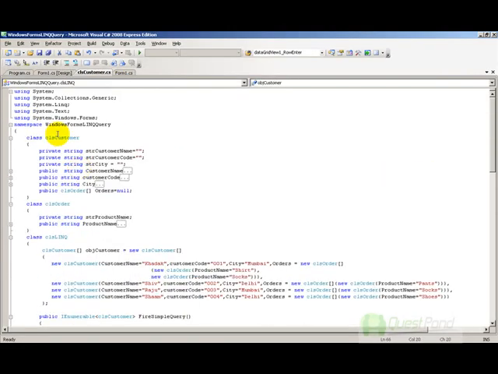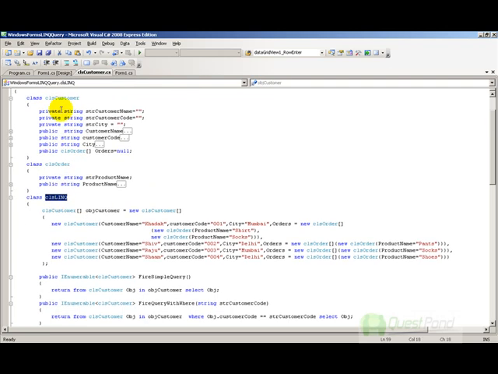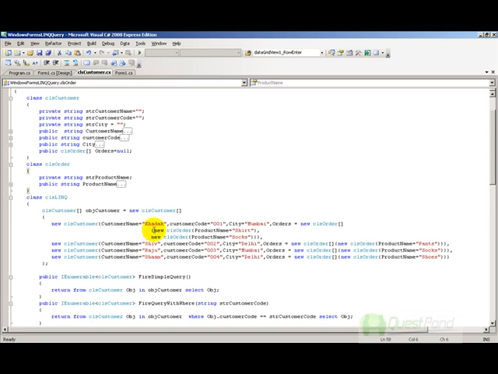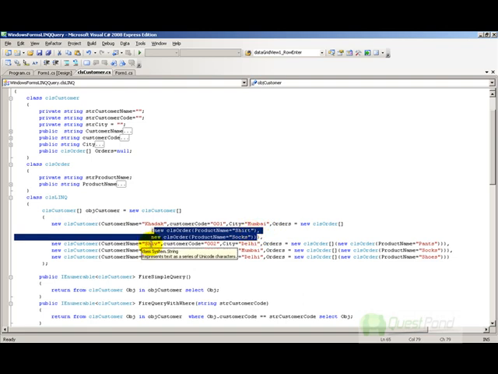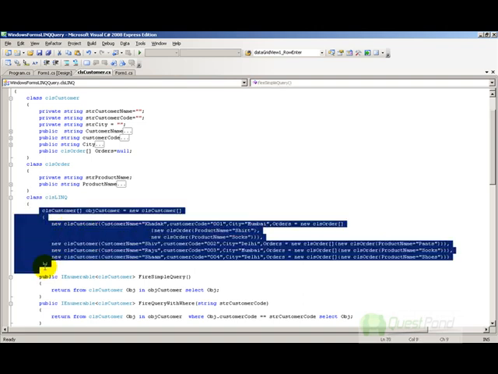You can see that we have created a customer class. Now this customer class will have a lot of orders collection, and you can see this is the order class. So there is a one-to-many relationship between the customer and the order. Now we have made a small wrapper class called CLS link. What CLS link does is it creates the object of CLS customer and fills it with some static data. I have filled in some 4 customers. For the first customer, that is Khadak, I have assigned 2 orders, shirts and socks. For the other ones, I have just assigned 1 order. So I've just filled in some static data for my customer collection.